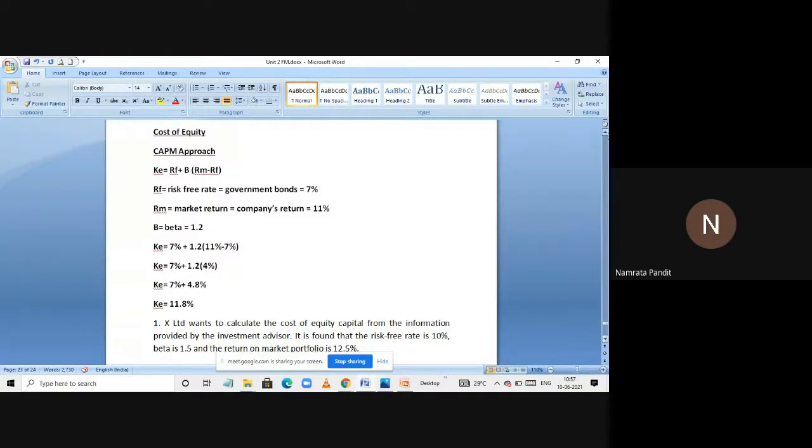Ma'am, this must be a dynamically changing value, no? It is not constant, right? Yes, but the companies cannot calculate their beta every day, no? It's very difficult. That's why we get yearly beta values. So they compare the yearly market return with their company return and they tell you yearly beta values as to how much we are better than the market. And we can calculate it quarterly, half yearly also because there's a formula. It depends on what values you put and it gives you the answer. Okay, ma'am. Got it. Thank you.